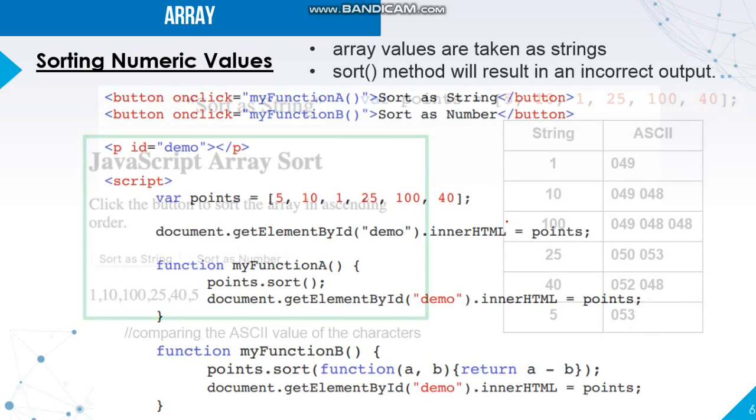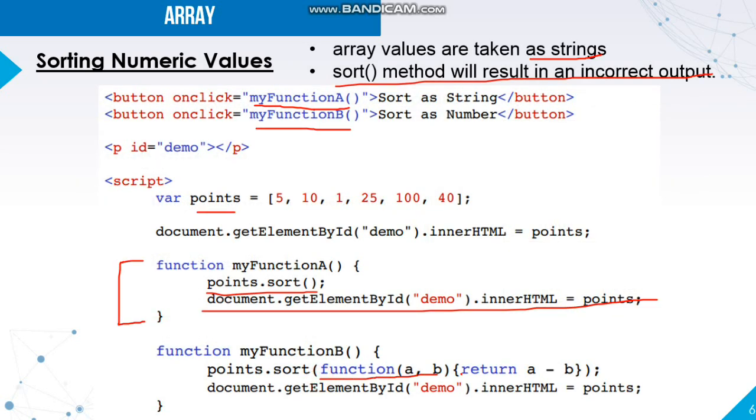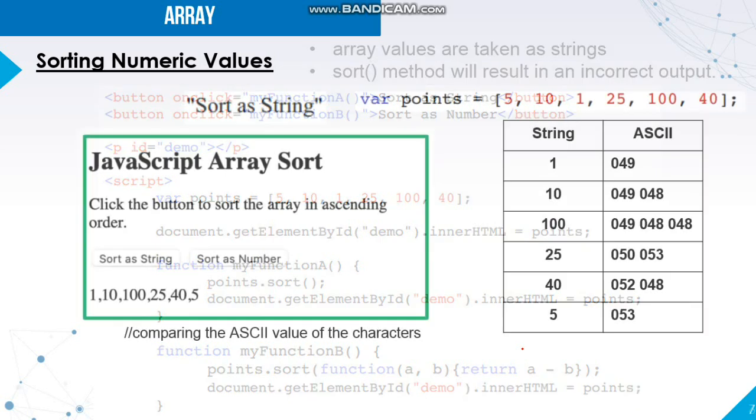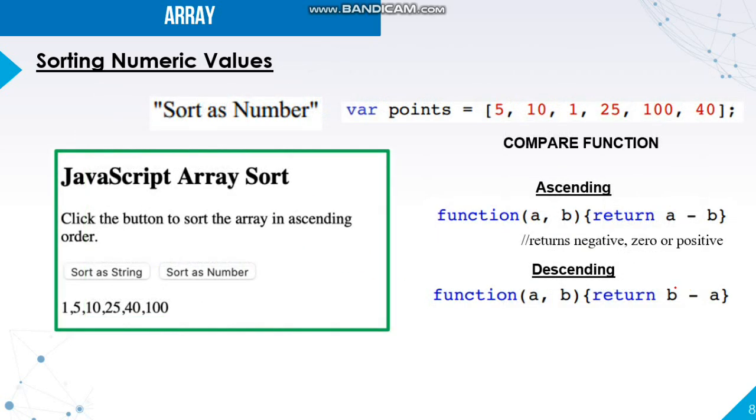Okay, now on the second function, as you can see here, we have a function inside the sort method. So this function allows you to compare the two values for each of the element. So as you can see, we have function(a, b), a and b will be the two numbers, and then return a - b. So using this method, we can then sort out the arrays in ascending order. Don't forget to remember function(a, b), that will be the arrangement, and you're going to return a - b to sort it in ascending order.